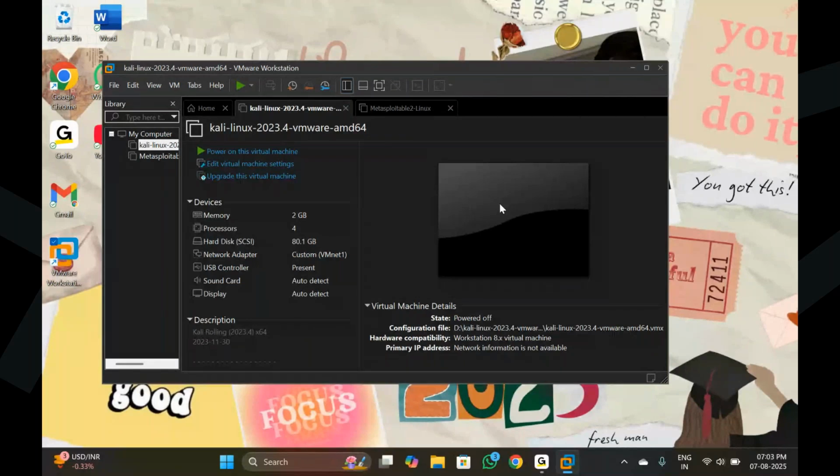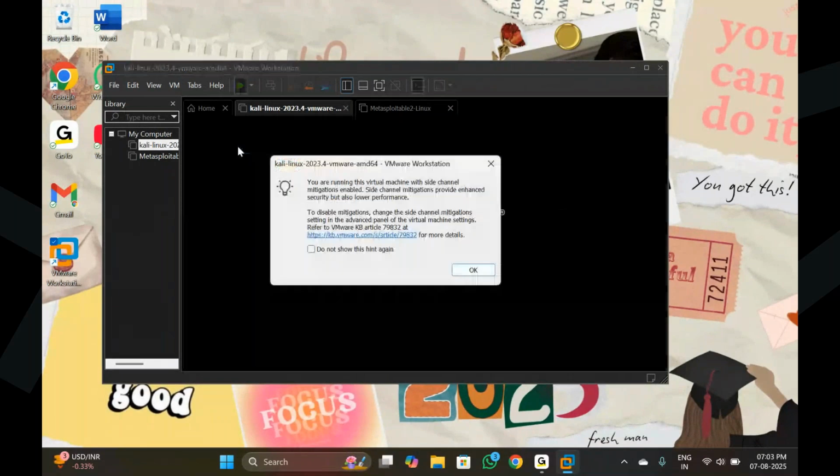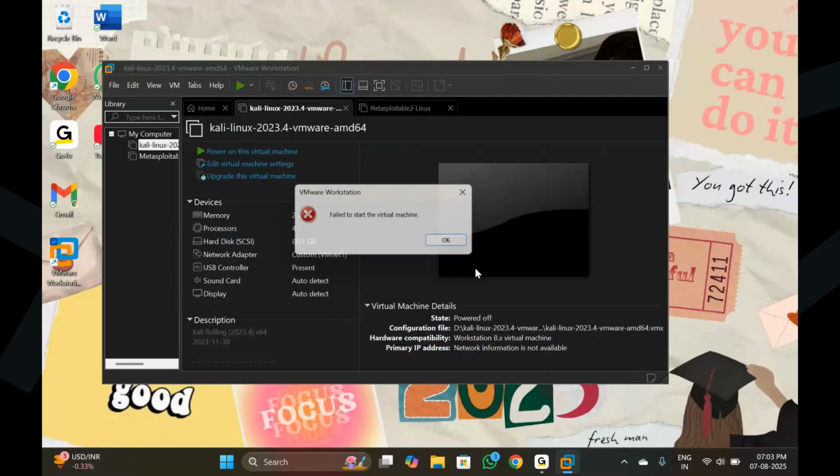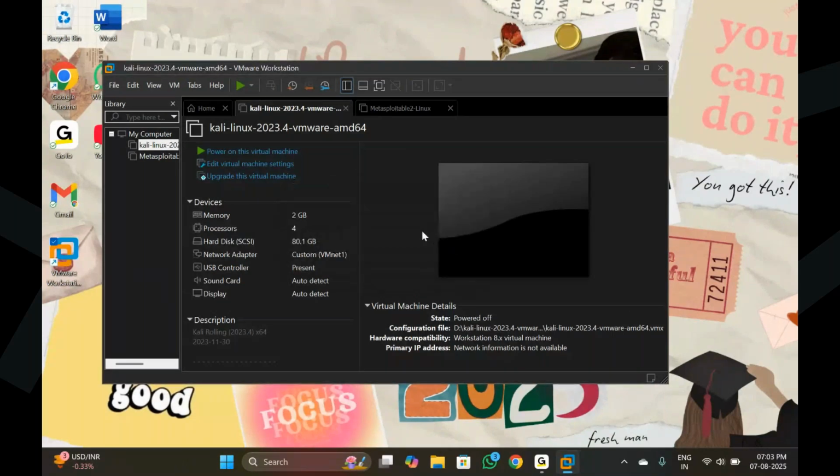Okay, click on that power on this virtual machine. Click OK. Click OK again. Okay, so close your VMware